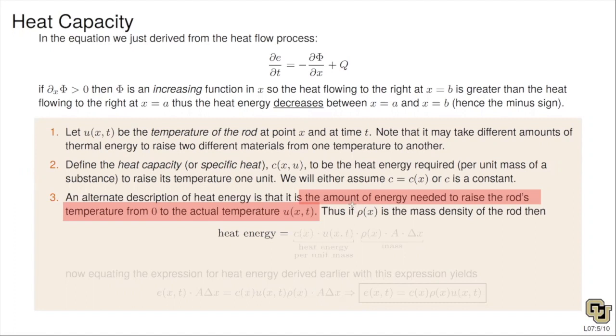Then based on this description of the heat energy, we come up with another equation for heat energy. So let's look at this first term here. Think about this for a second. c of x is the amount of heat energy required per unit mass to raise a particular substance's temperature one unit. So when we multiply these two, this is how many units of temperature the object is at,